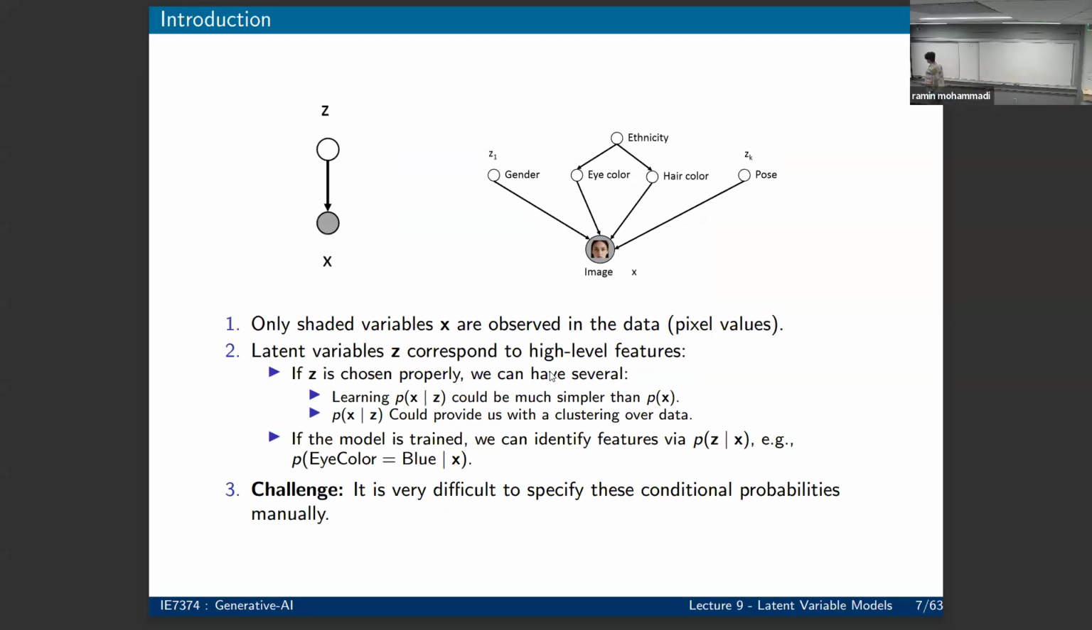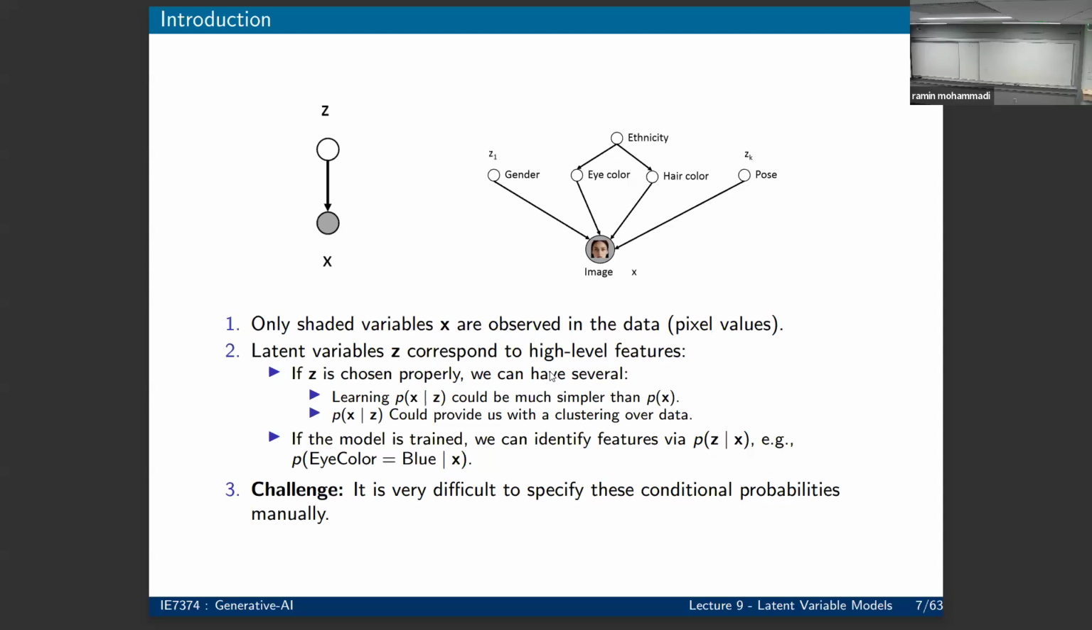Basically, you have only seen this gray circle X. That's the data that you have. But in reality, we know that this data has some latent variables that we don't see. We just know they exist. So there's this relationship. For example, if you look at this one image, you could assume that there is